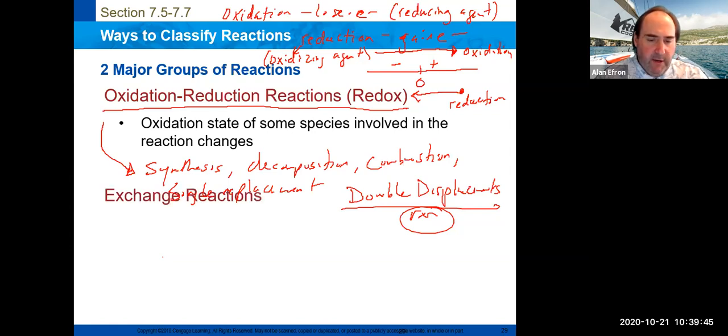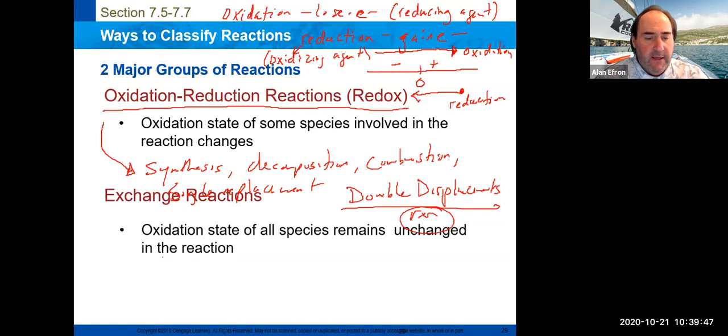So I think this is where we left off here. The next really big umbrella of types of reactions are what are known as exchange reactions. And more specifically, they're known as double displacement reactions. And in a double displacement reaction,